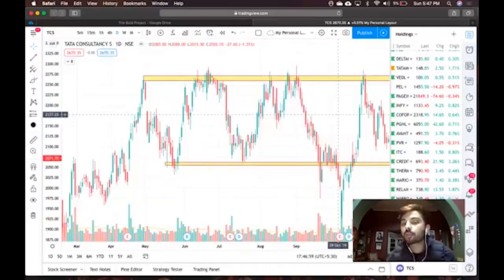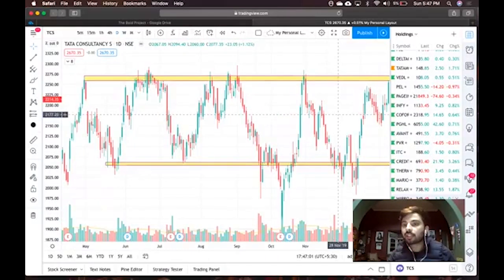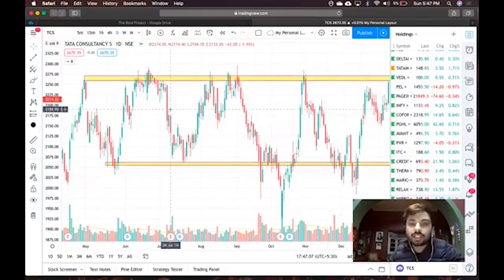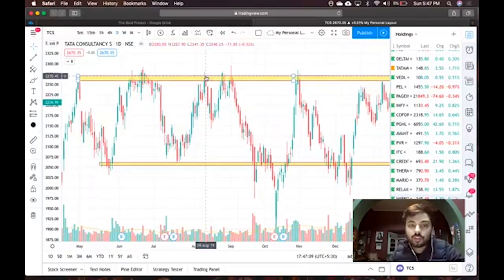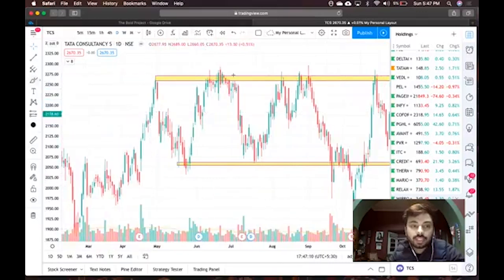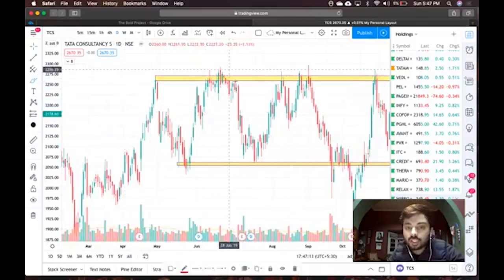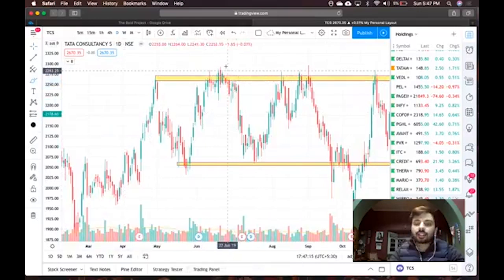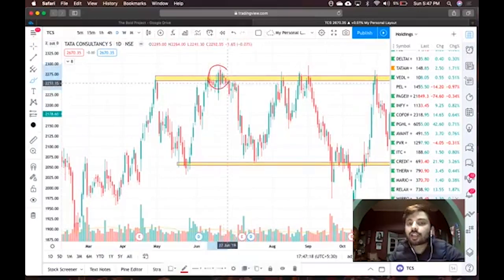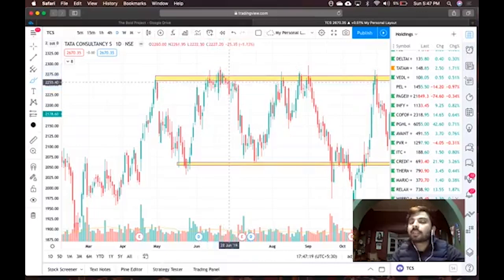I will show you a trade on the short side as well. So let's say you are an intraday trader or you are trading in derivatives and you want to take a short entry on the stocks. So let's find a short entry. For example, you can see something we call a dark cloud cover over here. That's an advanced candlestick pattern. Somewhere over here, you can see a dark cloud cover being formed. So that means that at a resistance, you are getting a candlestick entry to say sell. That's a trigger to go sell.